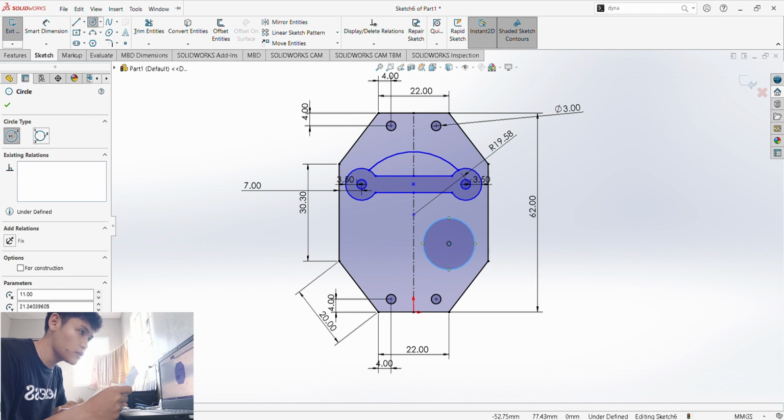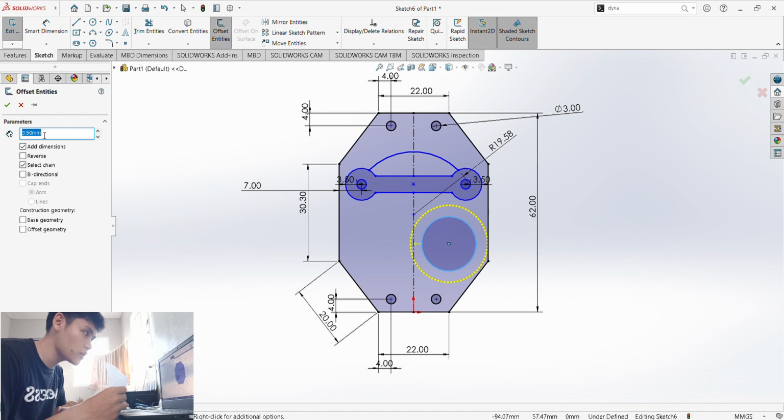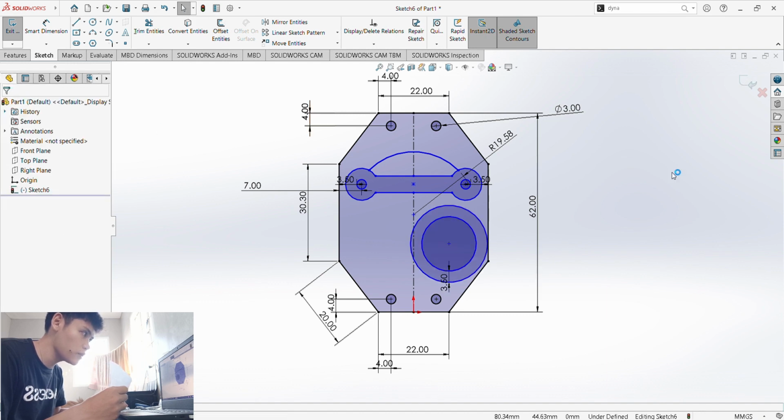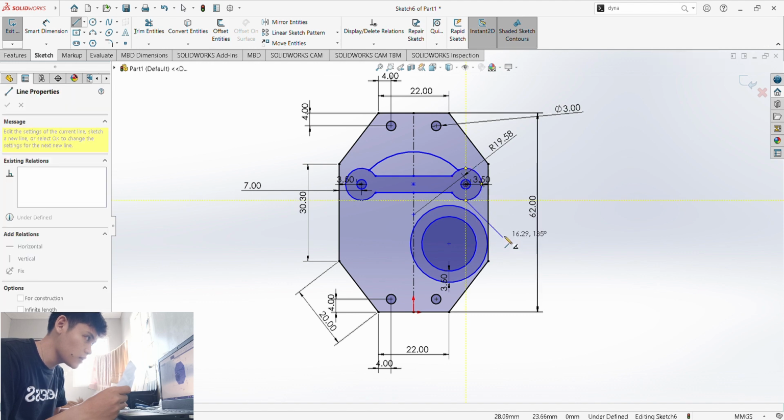So 17. We could just use, as you can see here on this radius, 17 divided by 2. Then let's check this one. And we should offset this circle right here with 3.50. And then we could use this line. We could just click this right here.